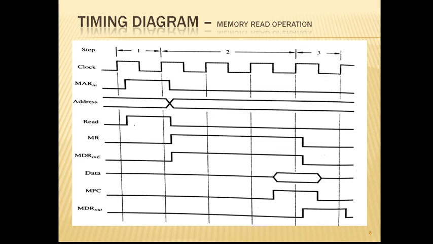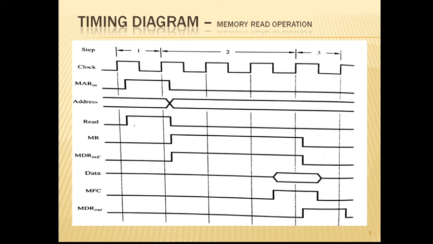After combining, you can write the steps in terms of the signals being activated, as follows. The first step is R1 out, MAR in, read, and then MDR in E, WMFC. Next is MDR out, R2 in.